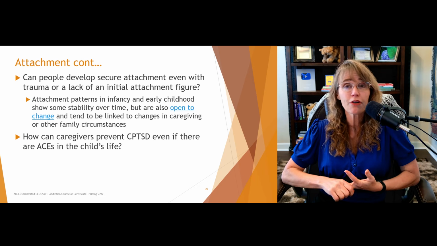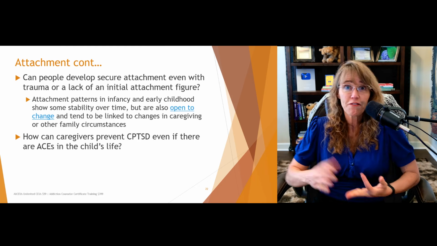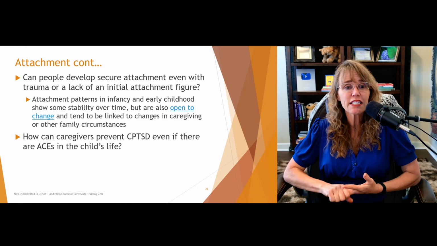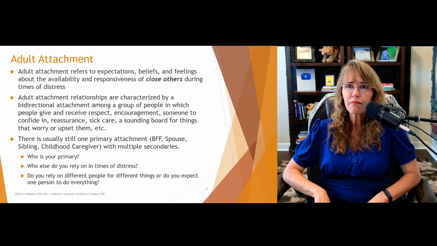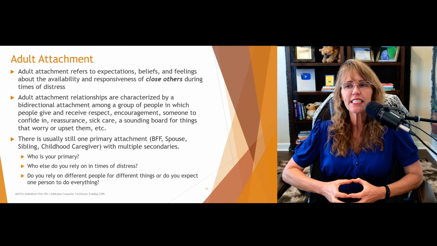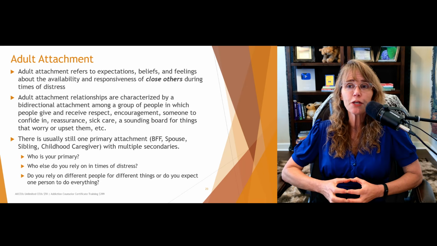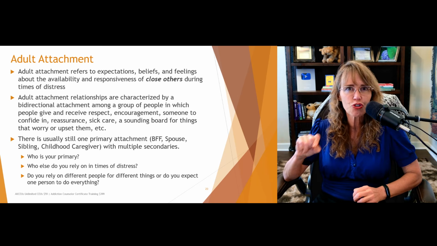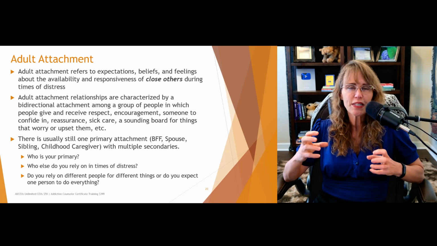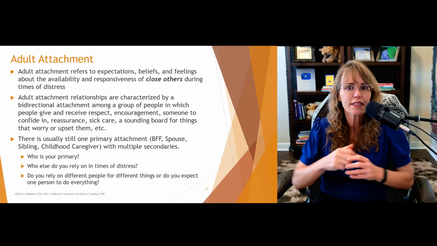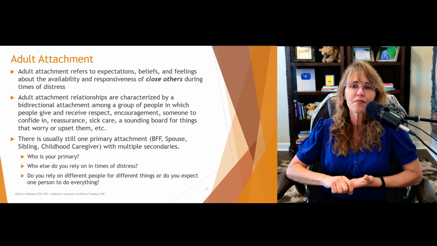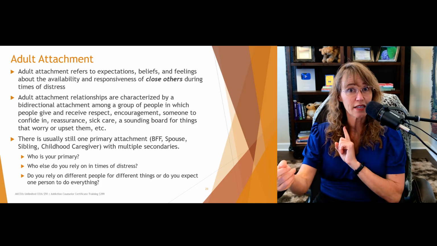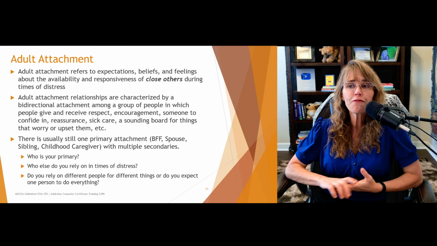If they're feeling angry right now, if they're feeling angry at the caregiver, okay, they have that right, and respecting that boundary is important. Adult attachment refers to expectations, beliefs, and feelings about the availability and responsiveness of close others during times of distress. In adult relationships, we typically don't have one person that does everything for us. Adult attachment relationships are characterized by a bidirectional attachment, a give and take, among a group of people in which